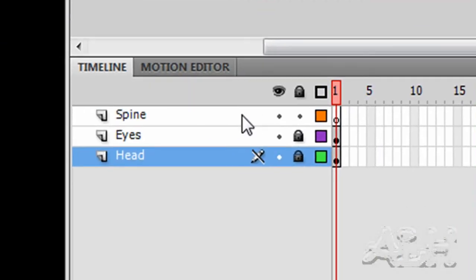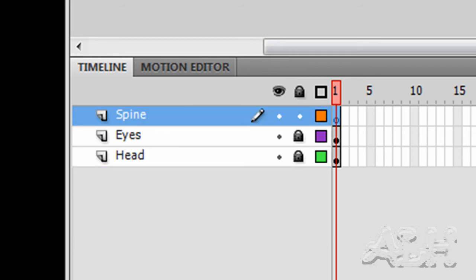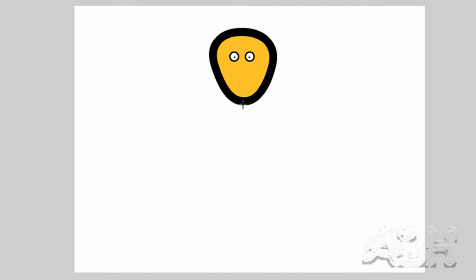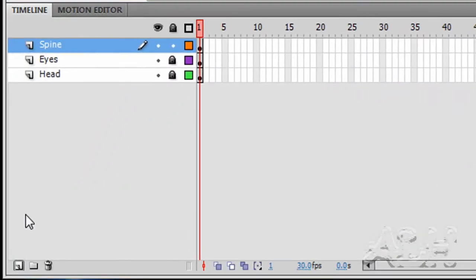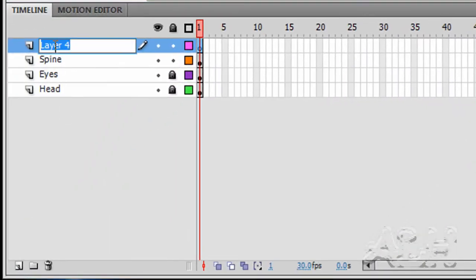Now you'll see my mouse pointer just at this juncture is showing I can't draw. That's because I have the head layer selected and that's locked. So I'll select the spine layer, and with the shift key down just to help me make sure it's straight. There's my back, and then I'll create a layer for legs. Lock the spine layer,